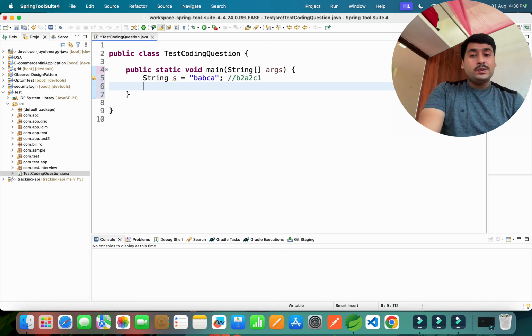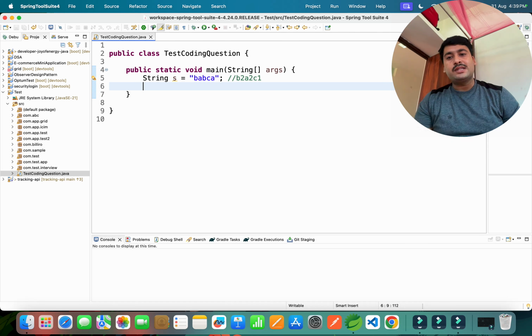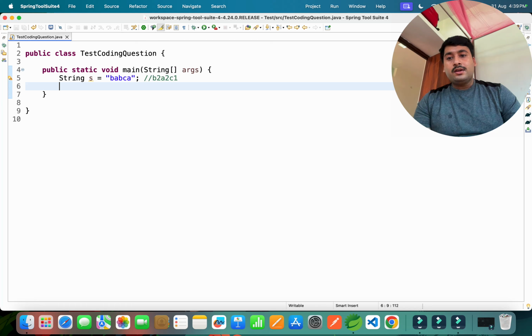If he is able to answer it, it means he is able to write the code, and once he explains, I understand whether he has knowledge of Java or not. This is one of the criteria by which I select people. Lots of people are not able to do it, but some people definitely do it, and that's a very great thing. I'm going to explain how you can do it if you face such a question in your interview.